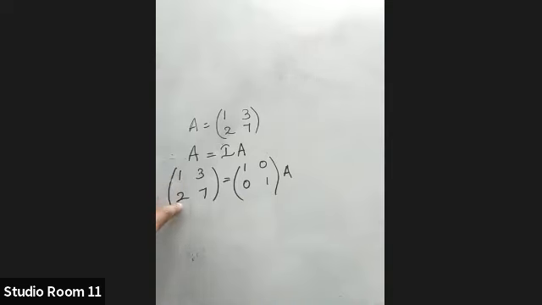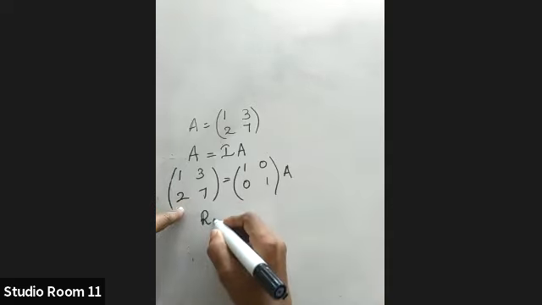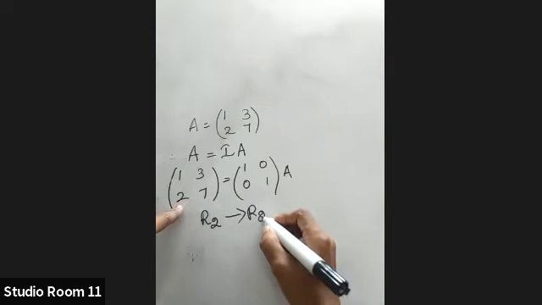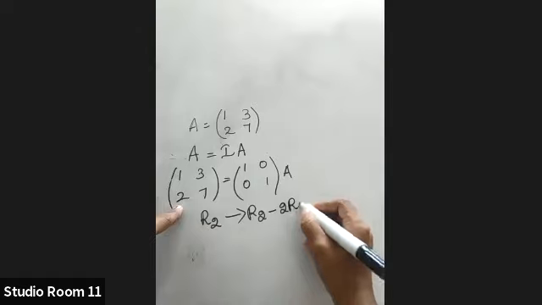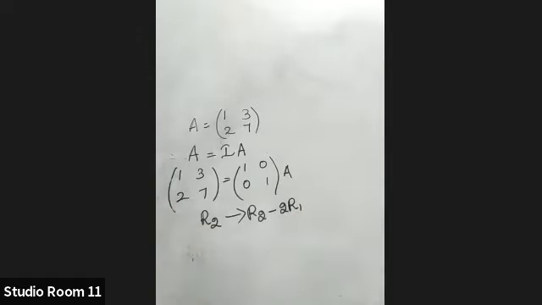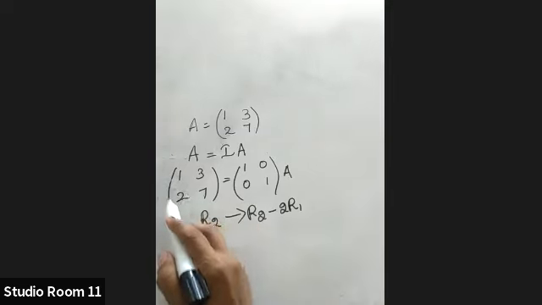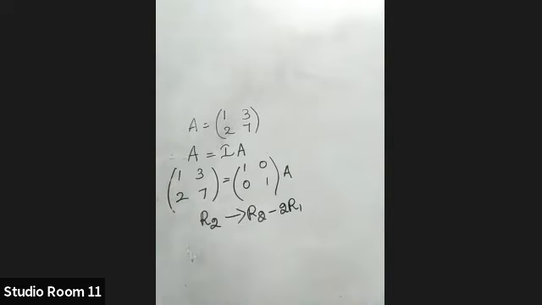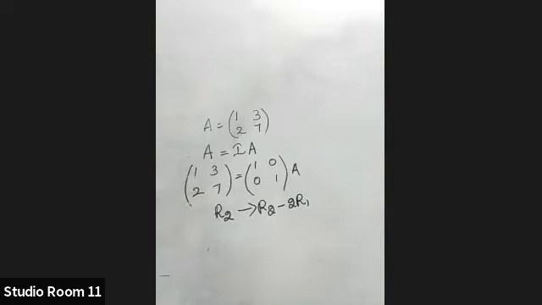So to make it 0, where is the change happening? The change is happening in the second row. How should it be transformed? We want 0 there. So R2 gets R2 minus 2 into R1. Is it correct? The change is happening in the second row. How? Here we want 0. So in order to make it 0, what can you do? You multiply the first row by 2 and subtract. Is it okay, children? Are you able to follow this one?